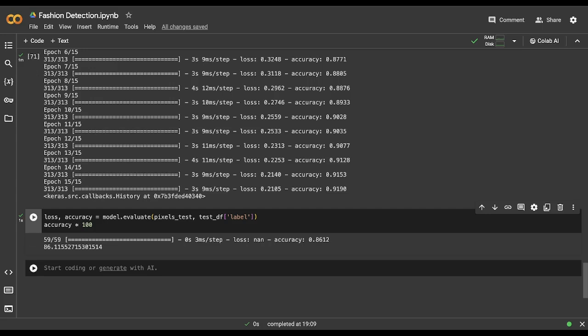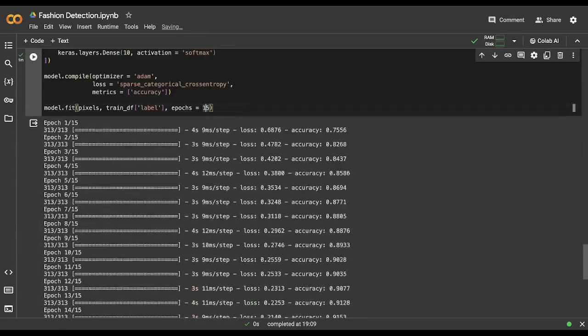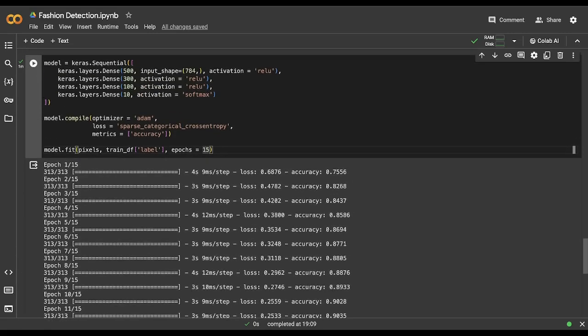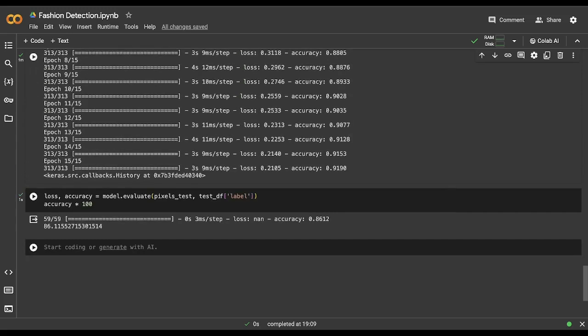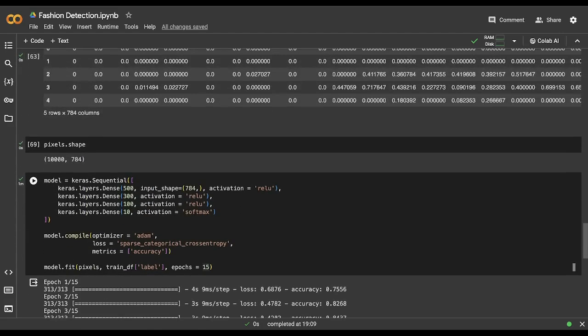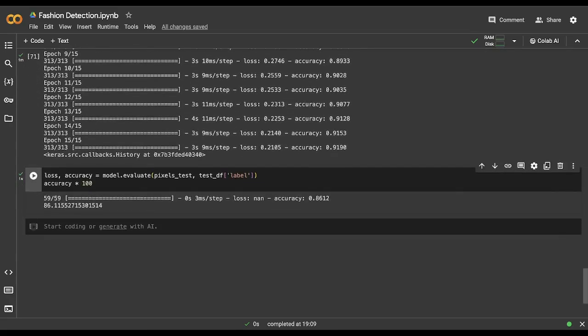If you want to achieve more accuracy on the testing set, you can increase the number of epochs here. You can increase it to some 50, 60, 70, which would give you better accuracy. For this particular case, I would keep it 15 only. Also, if your model is giving you some kind of overfitting condition, like if you are getting very good accuracy on the training set, but when you evaluate your model on the testing set, the accuracy is very low, in that case you might try adding some dropout layers after every hidden layer to reduce the overfitting.